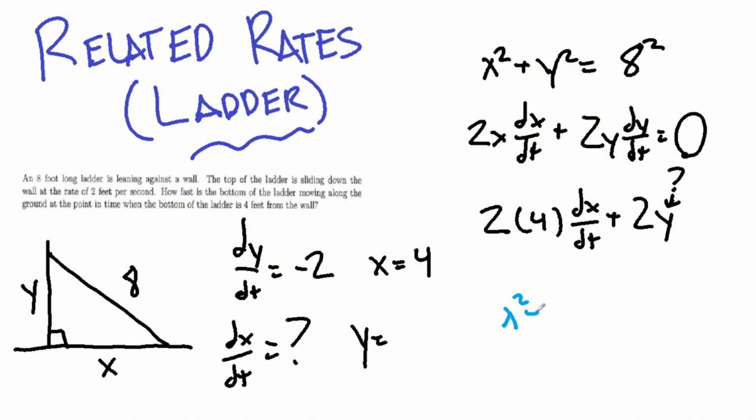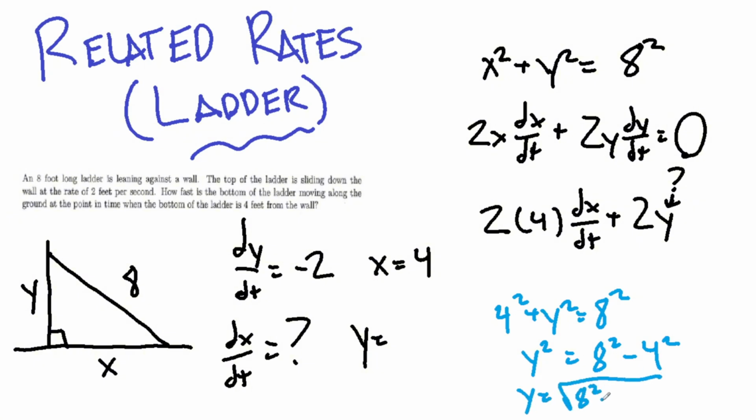So x squared plus y squared equals 8 squared, and plug in what we know about x. We know that x in this case is equal to 4. So 4 squared plus y squared equals 8 squared. That means y squared equals 8 squared minus 4 squared. So therefore y equals the root of 8 squared minus 4 squared. And then you can simplify that. So now we have what y equals, that being square root of 48. And we can plug it in